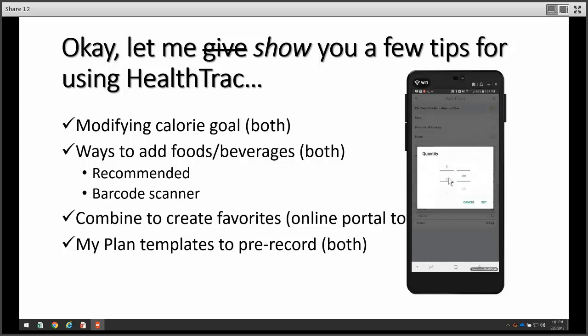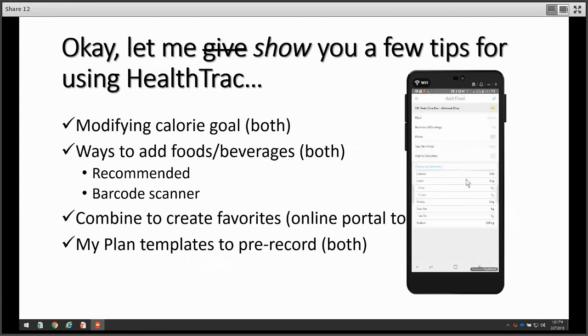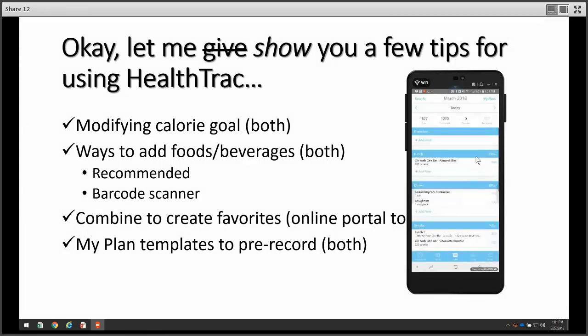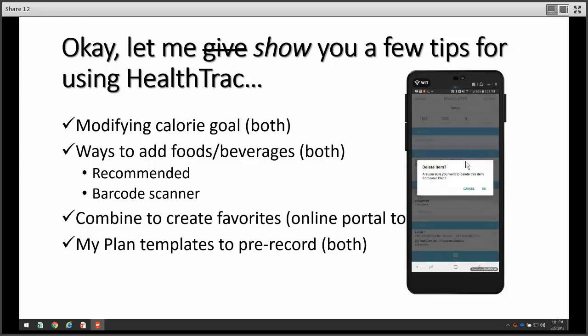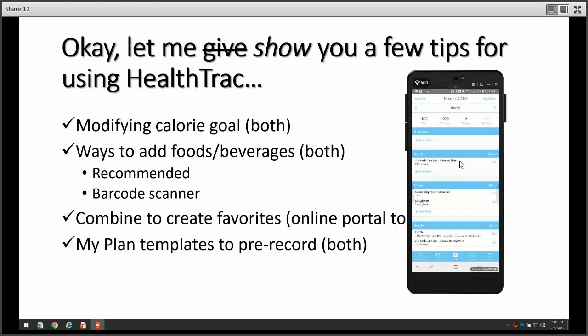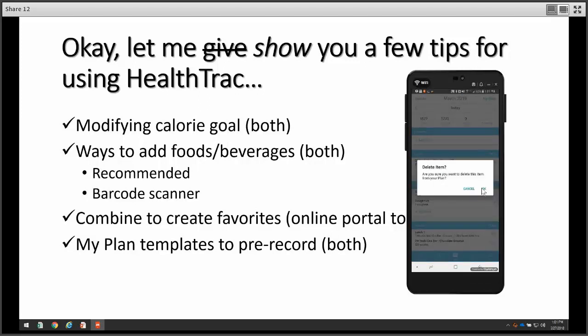So this is, in fact, a template. Let me click on one of the items here, and you can see now that there is an entry for a number of servings. So what you would actually do is change that to 0. It's hard to do with a mouse. Let me actually do it on the phone. Well, it doesn't look like it wants to let me. Okay, and I think I was telling you wrong anyway.